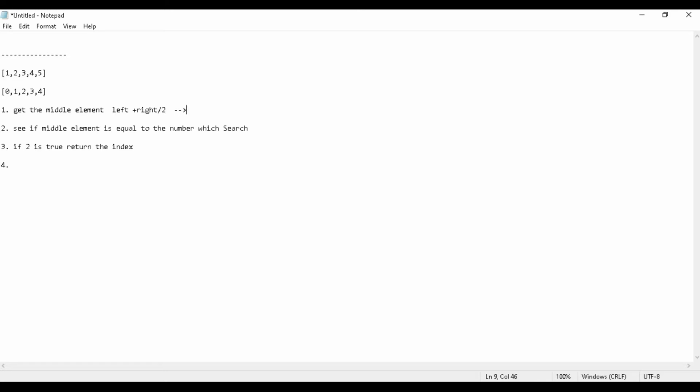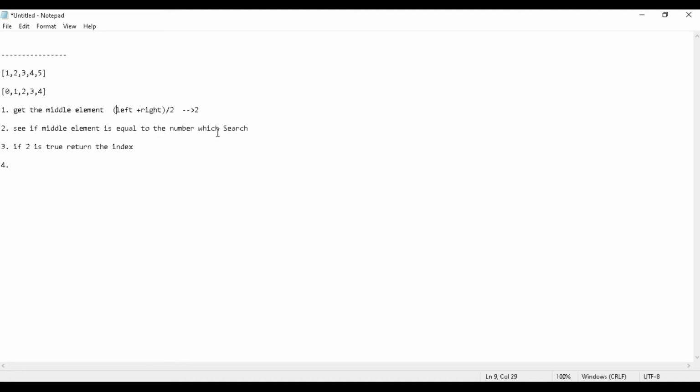So I get 2. Here left is index 0, and right is my length. I have the length 1 2 3 4 5, but if I put the length as 5, it will be out of the index, right? I need to put the length minus 1. So right will be the length of the array minus 1. Okay, so I got the middle element.